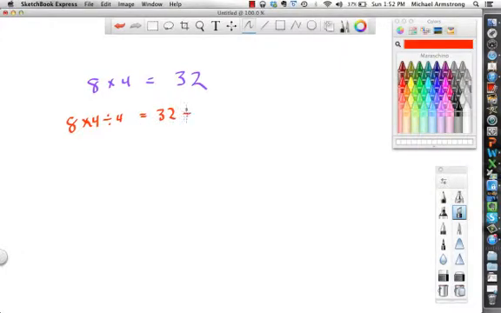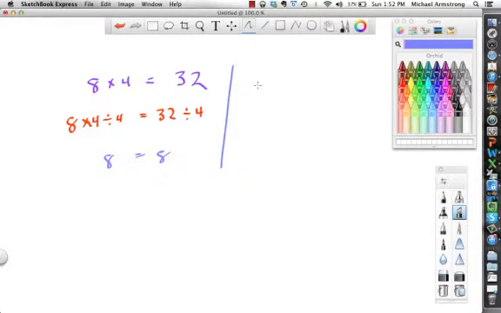32, as long as you do it to both sides, you're going to have an answer that matches. Okay? That's what we're trying to see. 8 times 4 divided by 4. If you went ahead and did that on a calculator, 8 times 4 is 32, divided by 4 is 8. And 32 divided by 4 is 8. And it just happens. But you're supposed to see that